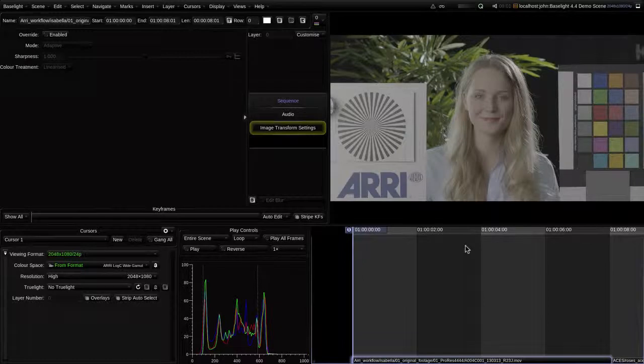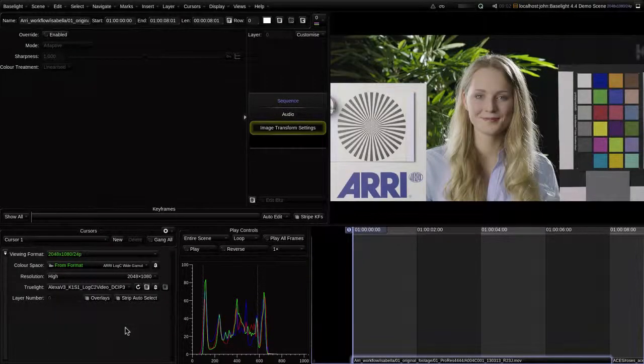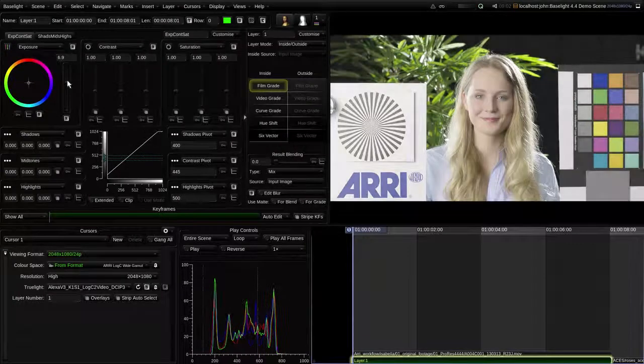Here I have a Baselight scene with an ARRI Alexa ProRes shot. I know that this is recorded in log C, and suppose I'm the kind of colorist who's comfortable with applying my grades in the camera space. All I'd need is an appropriate way to view log C, and traditionally I'd do this by downloading a LUT from the ARRI website, putting it into my TrueLight directory, and then using it on the Baselight cursor view. Here I'm using ARRI's photometric log C to P3 LUT,